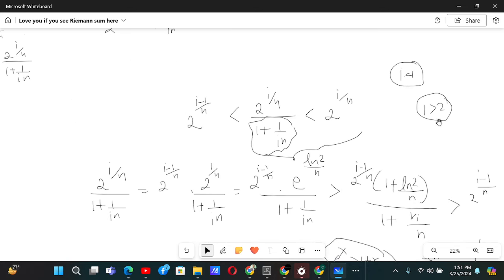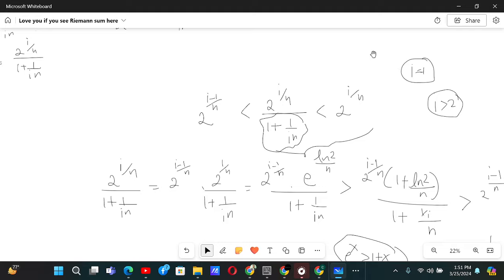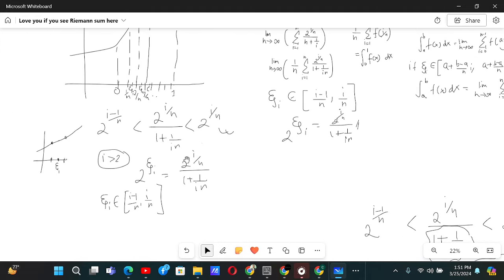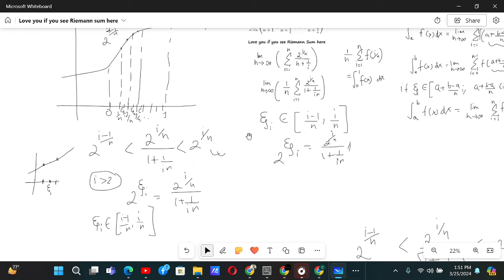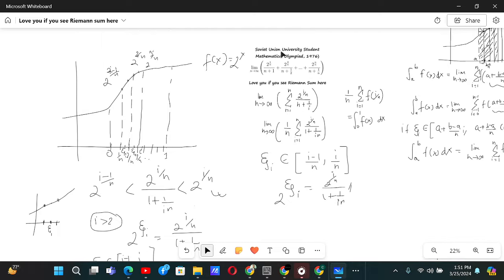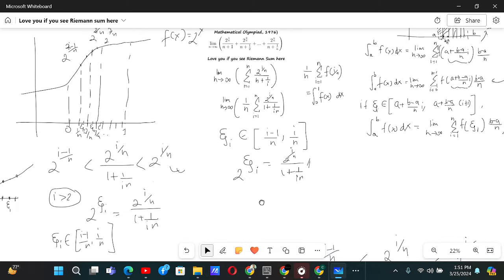Now for i greater than or equal to 2, this holds, and for i equals 1, that doesn't hold. So that means we will not be able to find epsilon in the first case when i is 1. But that will not really matter, because even if the one small rectangle is just ignored, the other sum will give us the exact value. So now after we have proved all of these facts, that these lie in between,